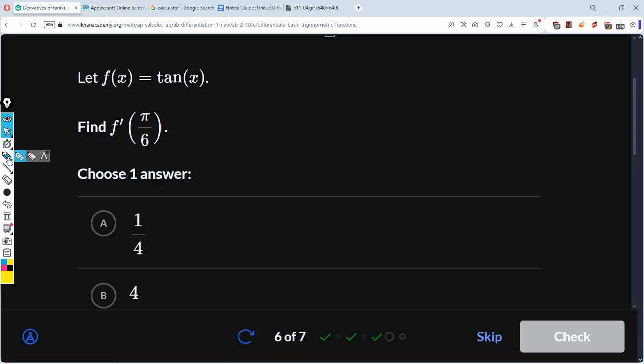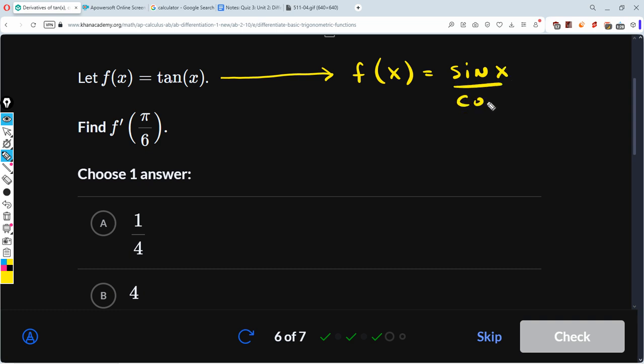All right, so here we have the tan of x, and we said in the notes, tan of x, that's equivalent to sine over cosine. All right, so we're going to take the derivative, f prime, and then evaluate at pi over 6. All right, so if we start with f prime of x, that's going to be the bottom